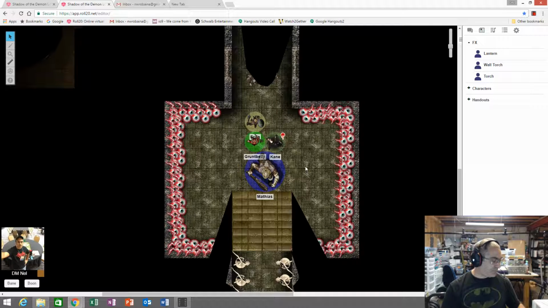Now, the ring itself is a relic, and I thought it was time to introduce a relic into the adventure. Relics are kind of comparable to artifacts in D&D, although I don't think they're as powerful as artifacts in D&D are. But it is meant to be a very rare thing. During the course of a campaign, there should not be more than 2 or 3 relics that are introduced. And so this is the first one I wanted to introduce at this stage, and the relic that I chose is Circe's ring.